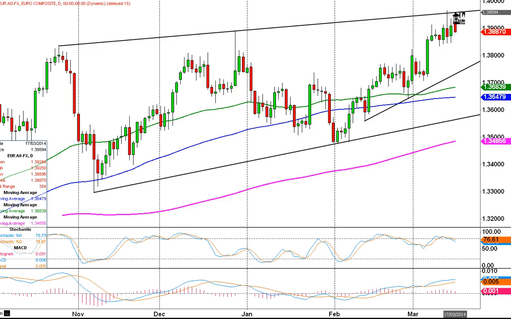This is around the 139.5 area. I think a good chance we top out around here and we start heading back down towards the lower end of the channel, or certainly towards the middle of it, where we've got this little trend line here at 137.40 area. Getting quite overbought in the stochastic, so that sort of helps the view that we might have topped out